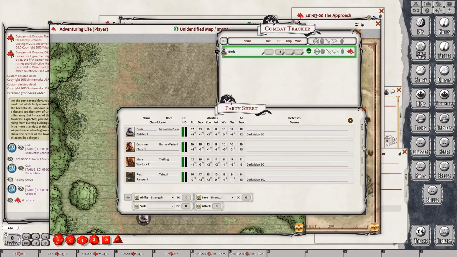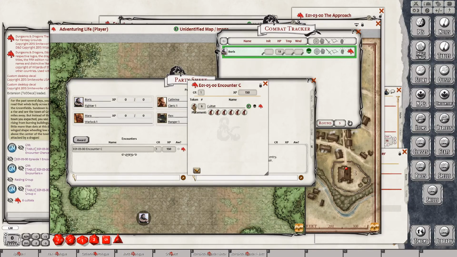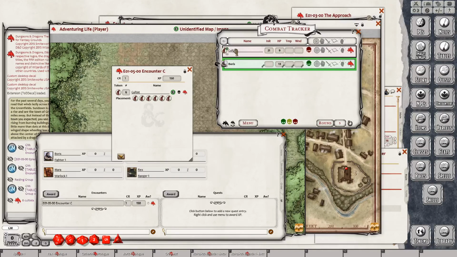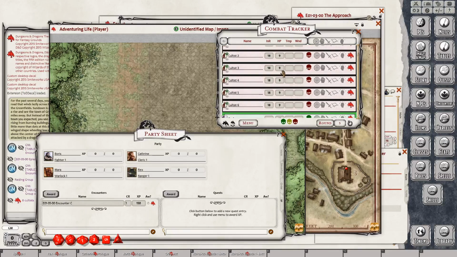Oh, can I not drag from the party table? Ooh, look, it's 150 XP. I'm not going to award yet. It's an encounter. There's our 6 cultists. We want to put them in our combat tracker. I have to drag each one individually, no? We only dragged one cultist. Okay, maybe get rid of you. Delete item. Okay, if we drag the whole thing, there we go. Drag the encounter,